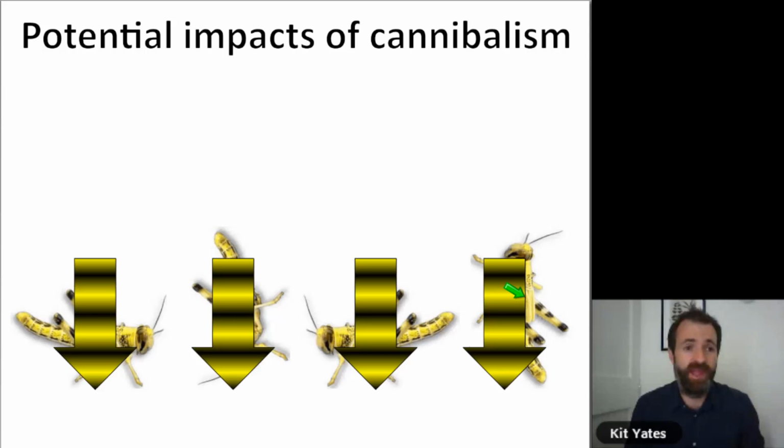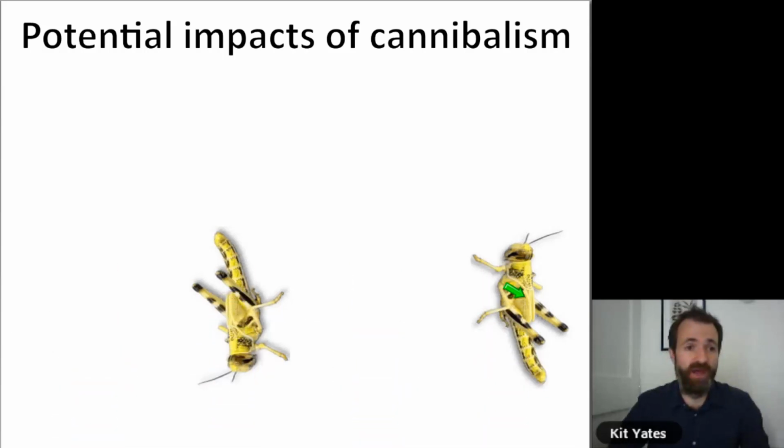And the idea is that if you've got your back legs facing the oncoming swarm, then the locusts can kick out and stop the locusts trying to eat them. If you've got your head facing the oncoming swarm, then the locusts know that you can see them, so they don't try and eat you. But your sides are vulnerable to the oncoming swarm, and so you get eaten more if you have your sides facing it.